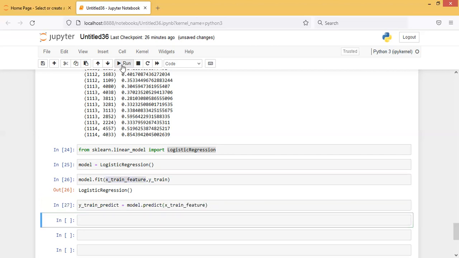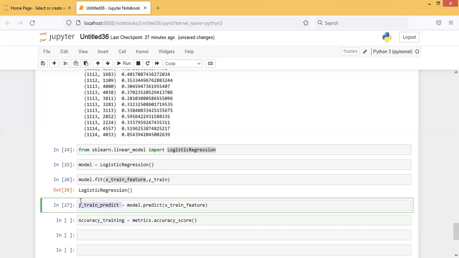So let it be done. Now we'll do accuracy based on training. Matrix dot accuracy score. This was the measured value, Y train predict,